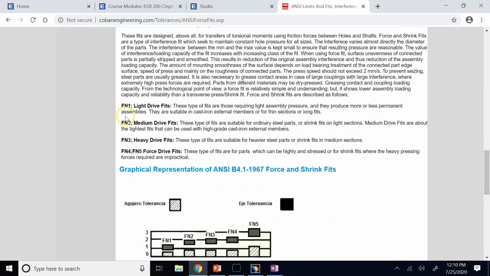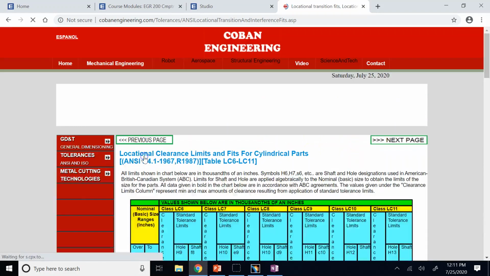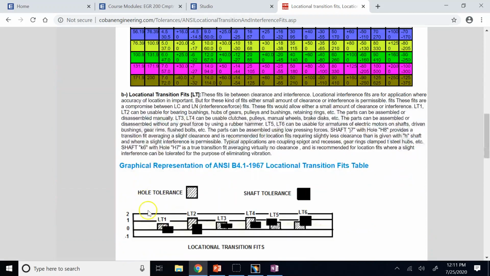Here, there is FN1 all the way to FN5, and you see FN5 are basically the hardest type of fit to get, right? There is a lot of friction, there is a lot of force and heat treatments to make it happen, correct? So RC56, the loosest, FN5 and FN4 are basically the fittest type of tolerance,